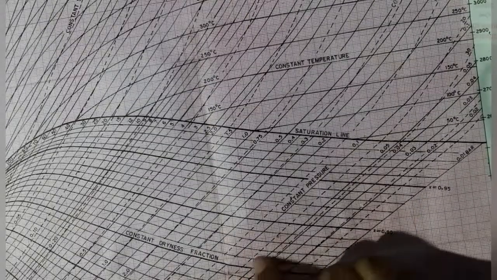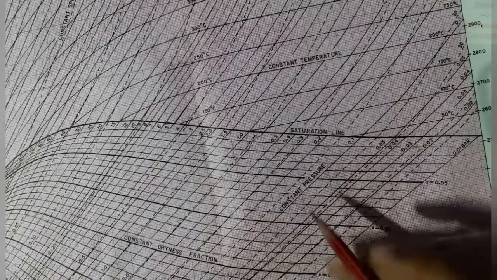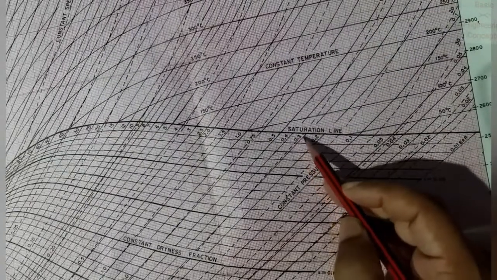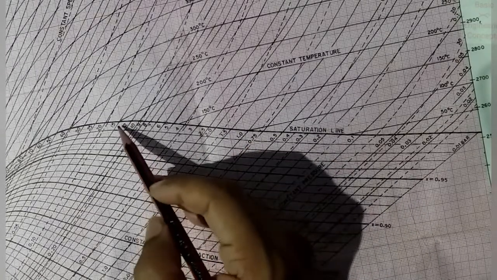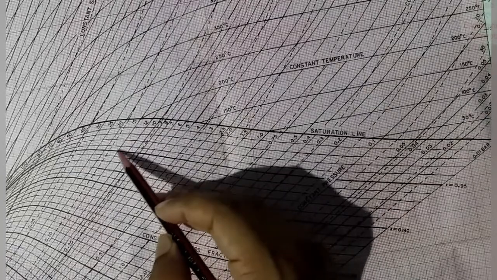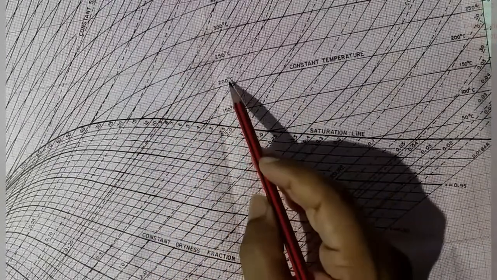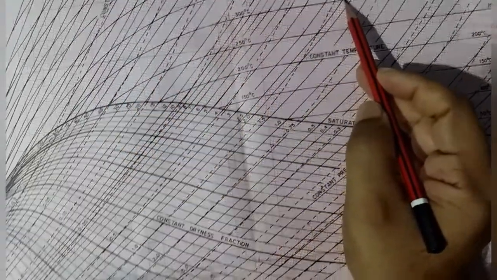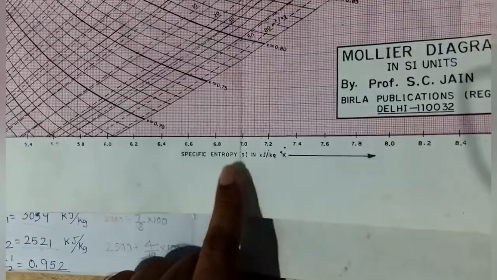Now these are pressure lines. These continuous lines are pressure lines: 0.1 bar, 0.2 bar, 0.3, 0.4. Similarly, we have 1 bar. One more is 15 bar. This is the 15 bar pressure line. It goes like this. Next, these are temperature lines, 150, 200, 250, 300. So these are constant temperature lines.